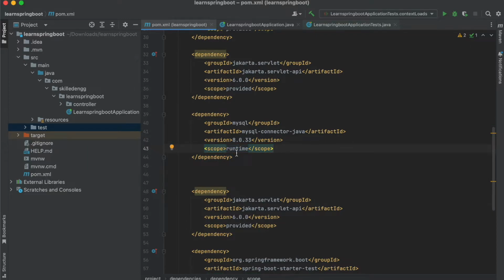And because of the runtime scope, this particular dependency, or any class of this dependency, will not be available at the compilation time. Let me show you that by an example.